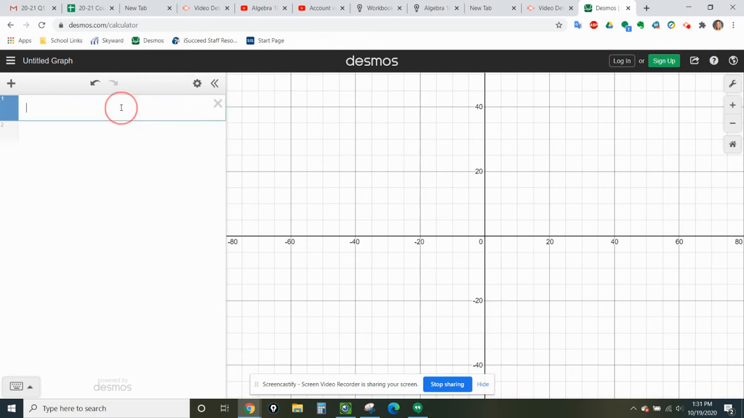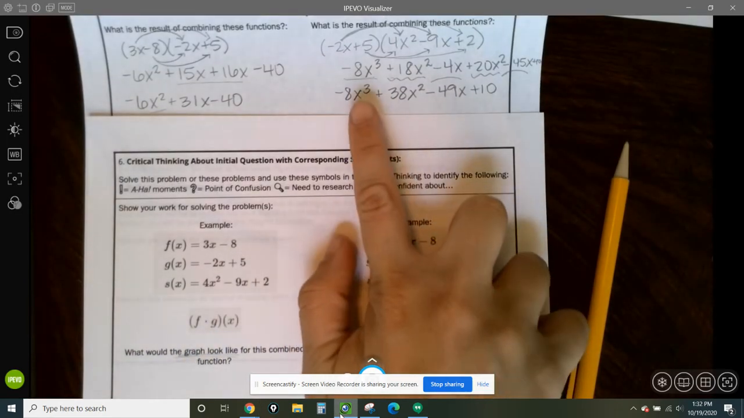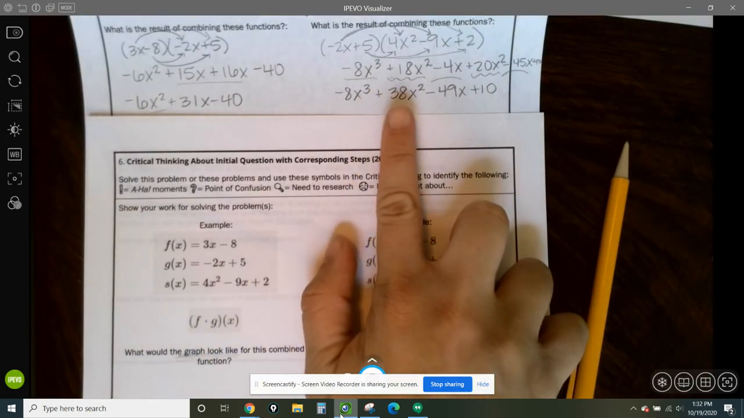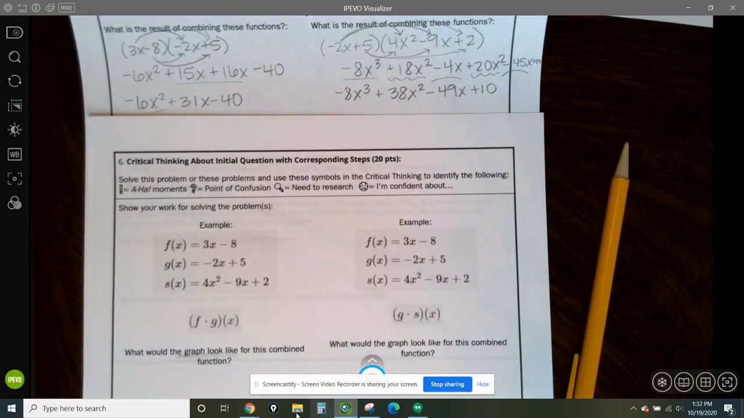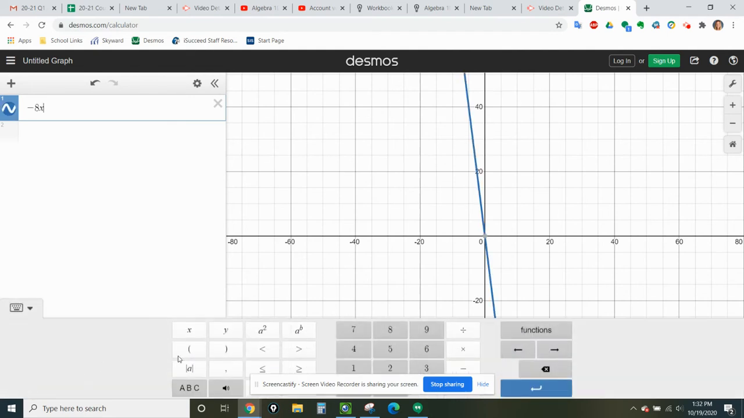Then you can also type in the second one that we did, the one that was an x cubed. So we had right here, negative 8x cubed plus 38x squared. I'm going to type all of that into Desmos, and I'll see what it looks like. So negative 8x, and I'm going to get this little keyboard so I can have an x cubed